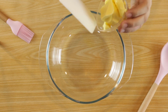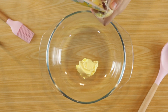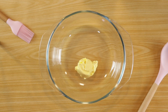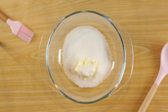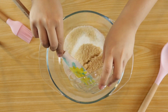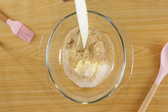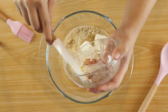Para sa ating red velvet crinkles, kailangan natin ng 57 grams of soft butter or room temperature butter, 75 grams of white sugar, 75 grams of brown sugar, 113 grams of soft cream cheese or room temperature cream cheese,